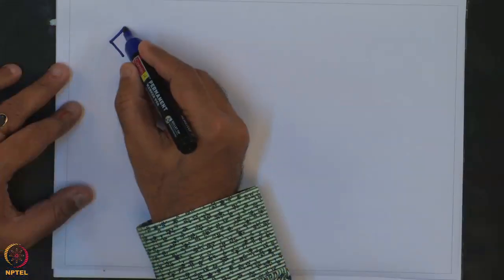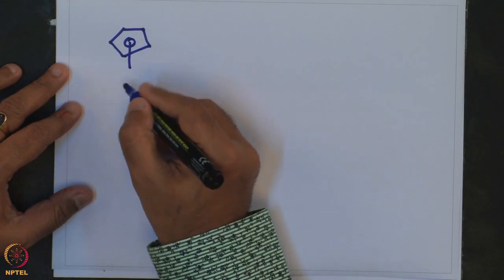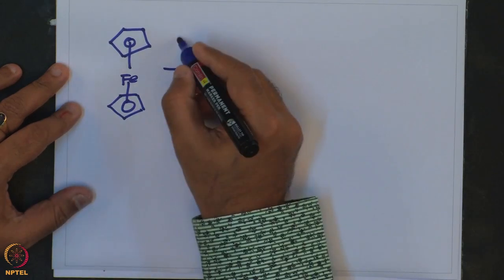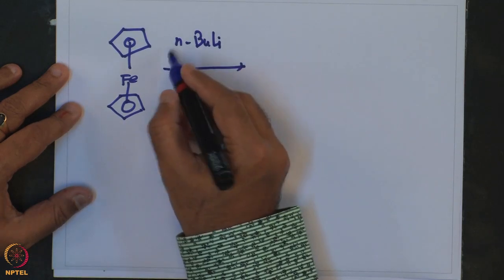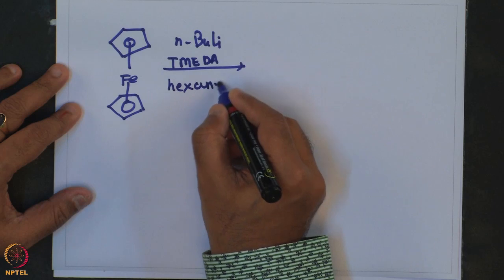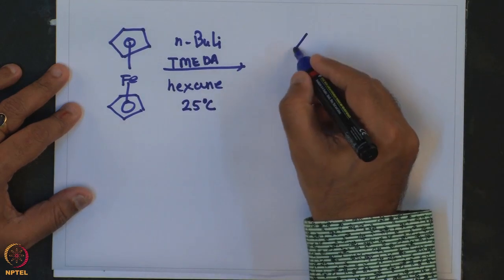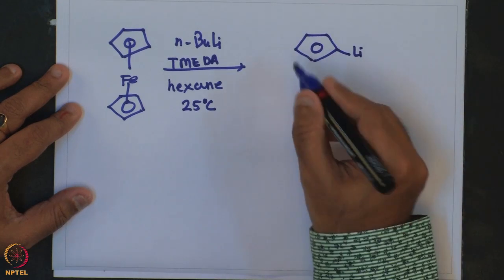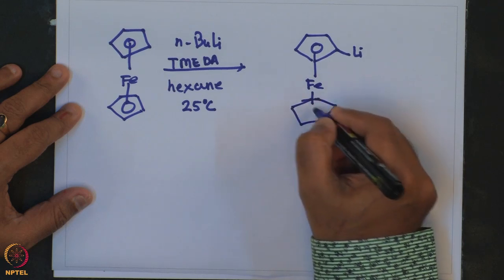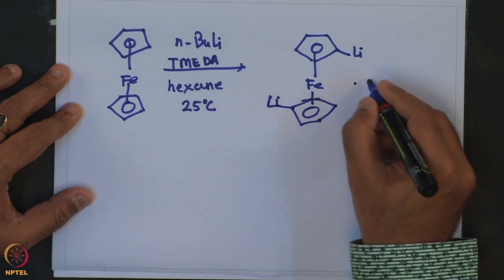Similarly, the dilithiation in a selective manner of ferrocene has been achieved, and this has been done by doing the reaction in presence of TMEDA, in hexane at 25 degrees centigrade, which gives exclusively the desired dilithiated product. Plus 2/3